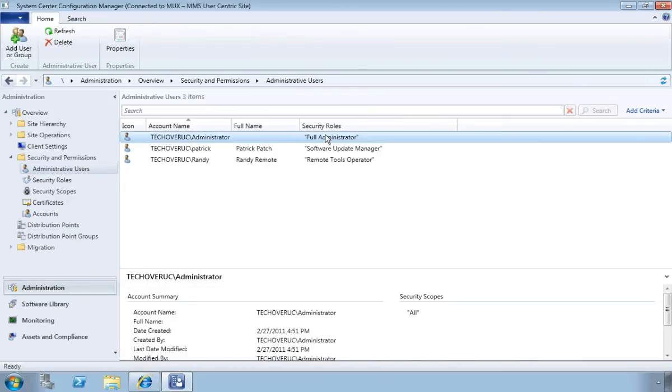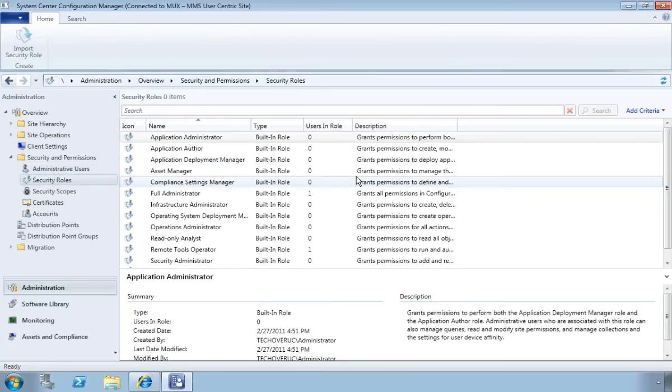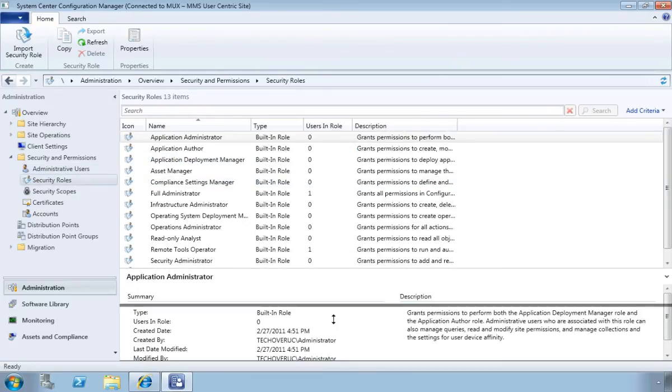I have an administrator that I am currently on the console as. I have Patrick Patch, who is a software update manager. I have Randy Remote, who is a remote tools operator, and they have specific security roles that they are members of. Talking about security roles, here is the list of default security roles that you get out of the box